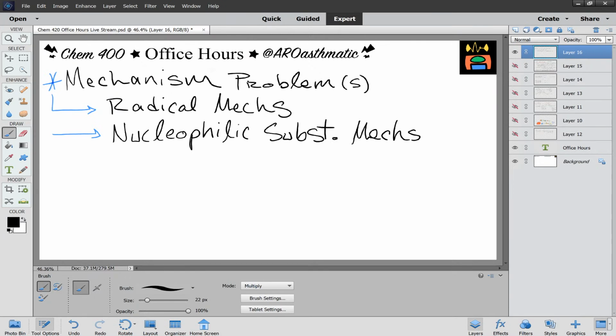The interesting, ironic thing is we haven't really done anything with synthesis in lab, so I don't think I'm going to put any synthesis stuff on there. And again, if I do, I'll let you know. But you guys have been hitting that more in lecture. We really haven't talked about it in lab, so I'm trying to focus the problems on content related to lab stuff, either direct stuff, like, oh, we did this in lab, and so you see these results. How would you interpret them? Or possibly,